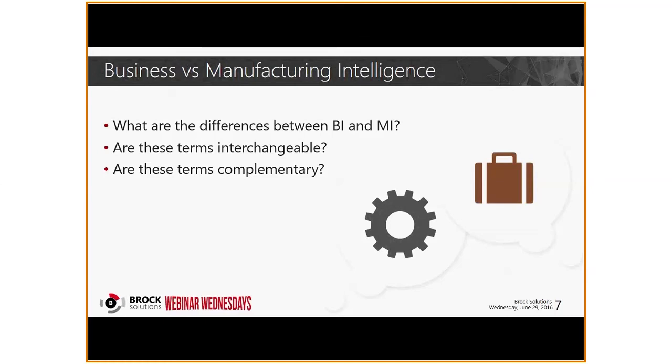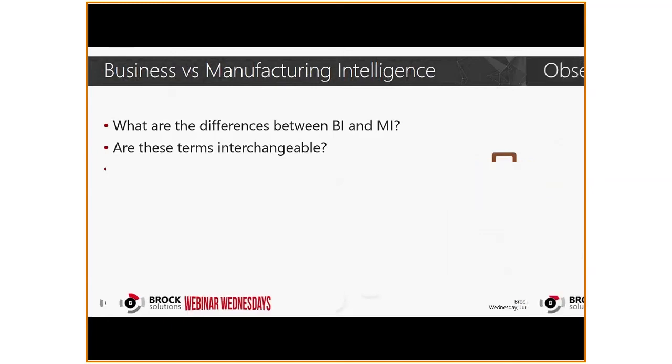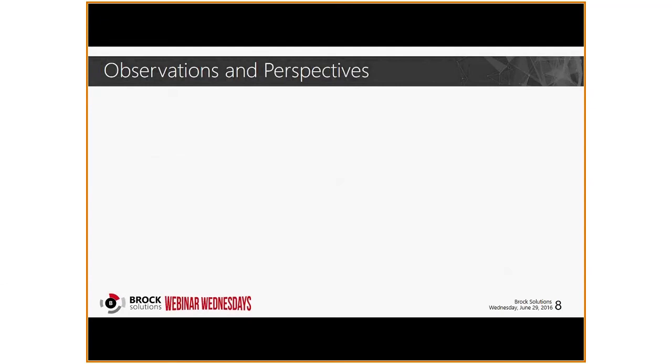And oftentimes manufacturing intelligence strategies operate in tandem with BI systems, which are a broad category of applications and technologies for gathering, storing, analyzing, and providing access to business process data to help enterprise users make better business decisions. But mainly, BI systems just lack that real-time integration with shop floor equipment that MI provides. So I just want to share with you some of the observations and perspectives we have found.